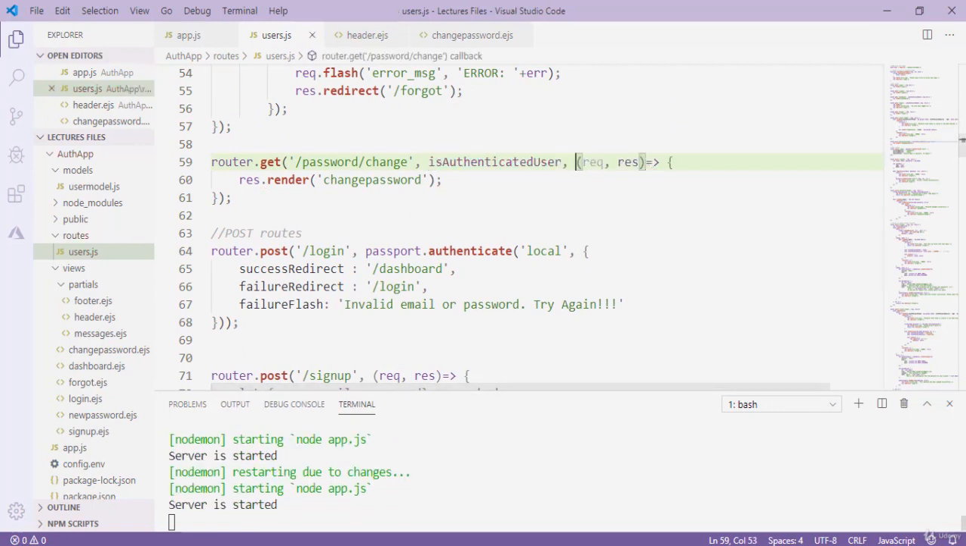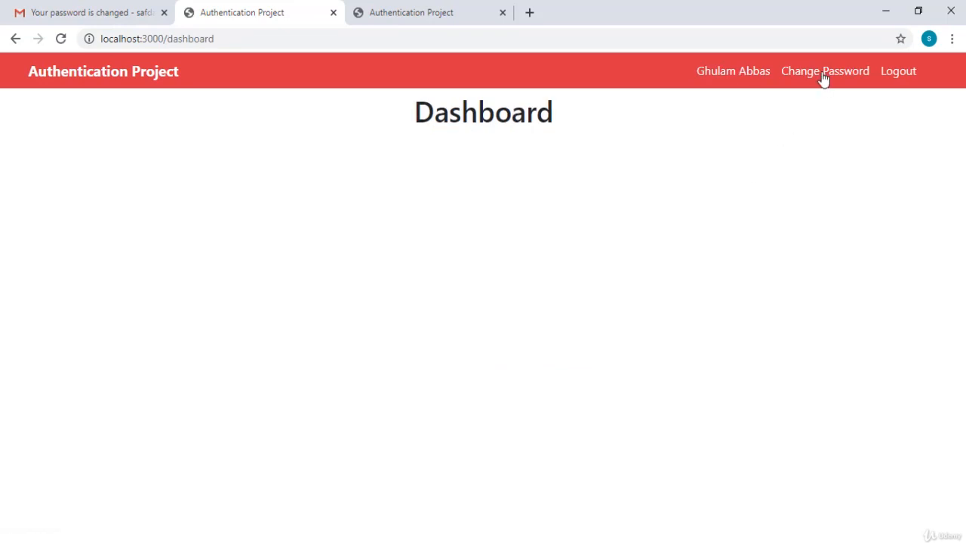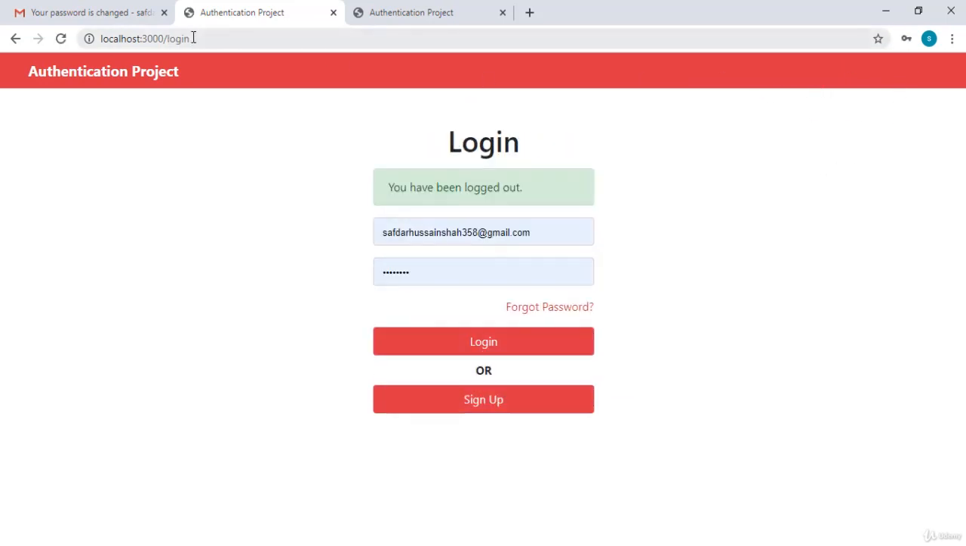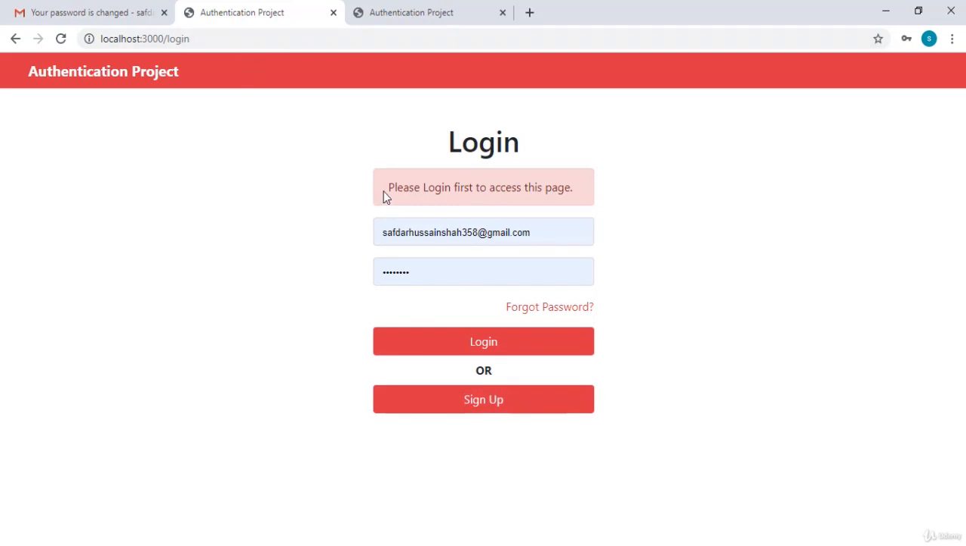Simply save that, and now if I just reload it, I will go back and you can see the message, please log in first to access this page. Log in, now I can access this page. If I log out and I type here /password/change, you can see that please log in first to access this page. Okay, so we have added all the functionality to our project,